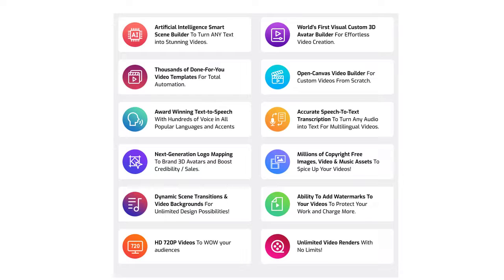Now, the second part on top of that is you get thousands of done-for-you video templates for total automation. You don't have to do any creativity. You can pick one of our templates and you're good to go. On top of that, you also have the dynamic Open Canvas video builder. You can create custom videos from scratch, and you can go to the next level by adding those mockup videos,